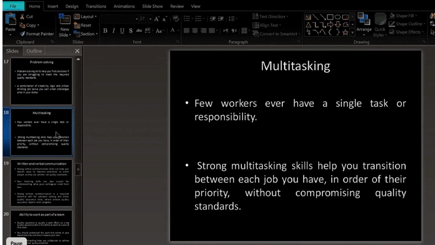अब आ जाते हैं उस बात पे जिससे हमने काफी ज्यादा बात की, multitasking. Few workers ever have a single task or responsibility, and that is for sure, हम सबको पता है. So strong multitasking skills help you transition between each job you have in order of their priority without compromising quality standards. जैसा कि अगर आप मैनेजर हैं